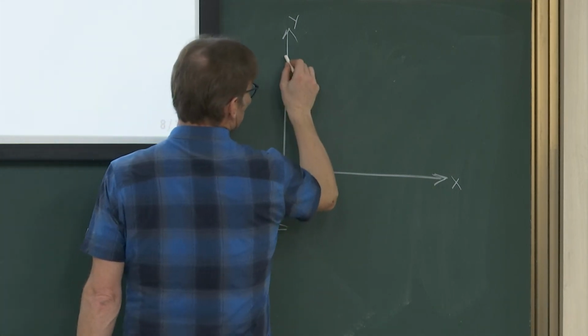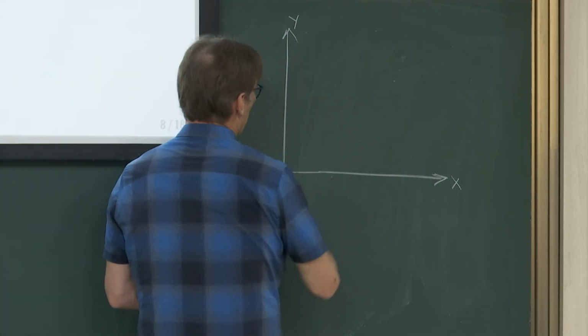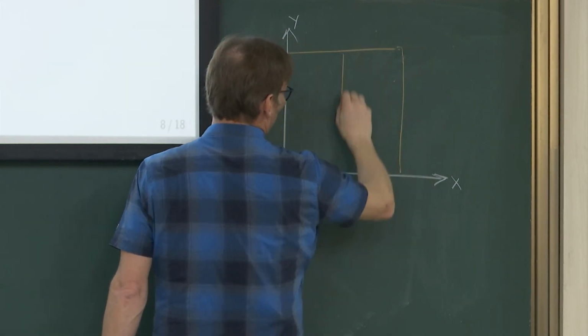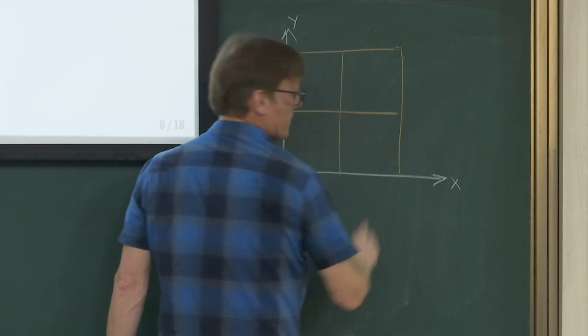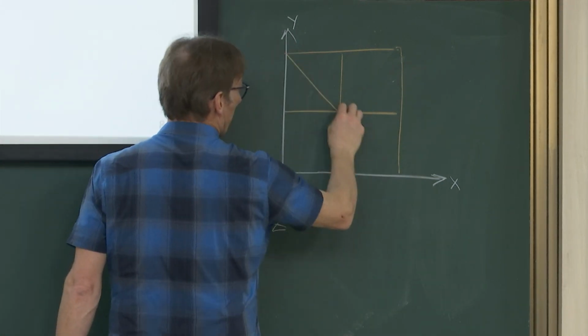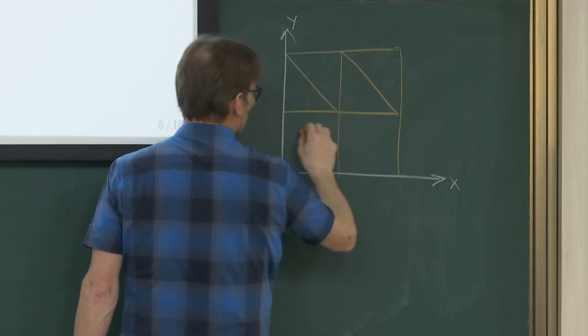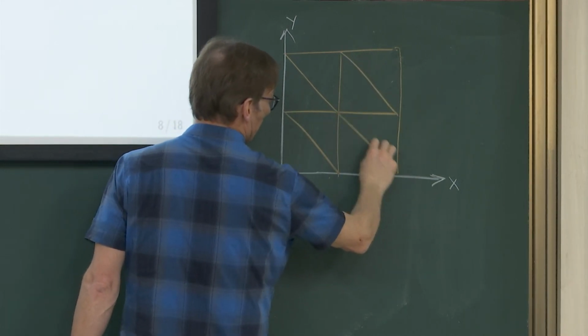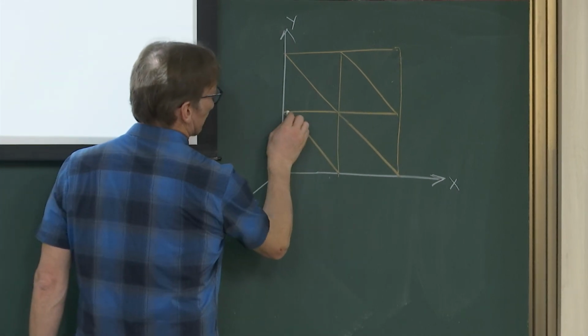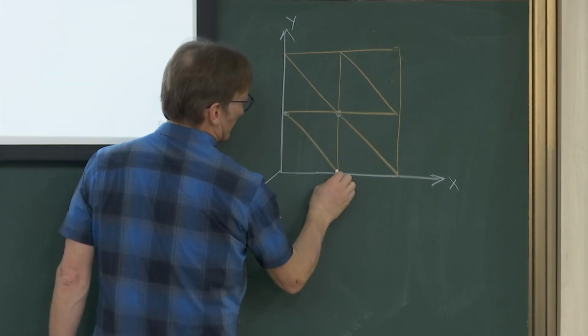And I'm going to discretize my domain. So this is a very coarse discretization, and I'm going to introduce triangles. And because I'm not doing finite element analysis, I don't have to worry whether the triangles are the right way around or not. And now I'm going to replace my function by piecewise linear functions and linear functions on these